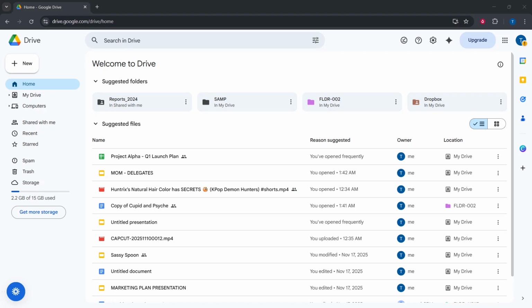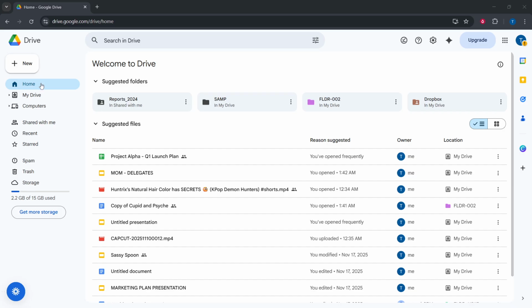In today's video, I'm going to teach you how to restore files from the trash in Google Drive. We've all been there, accidentally deleting an important document or file only to realize moments later that it's something you actually needed. But don't worry, Google Drive makes it easy to retrieve those files, and I'm here to guide you